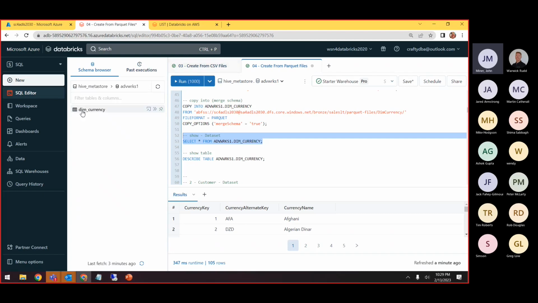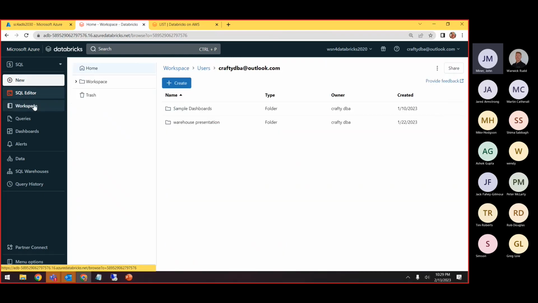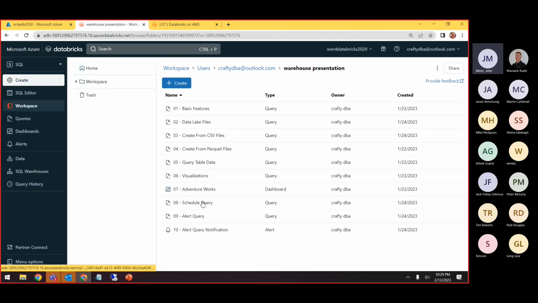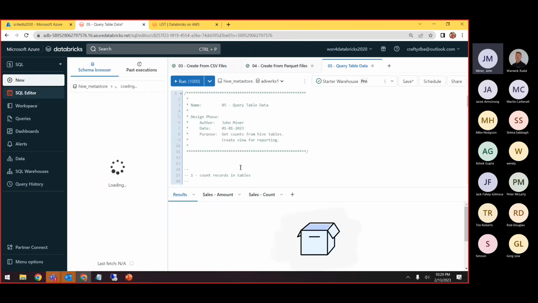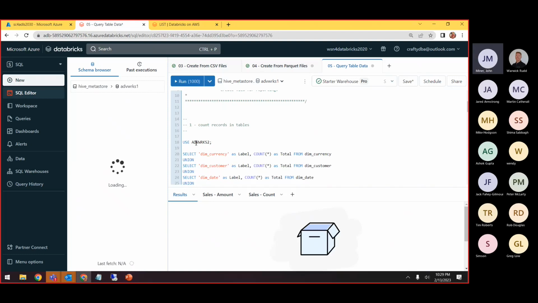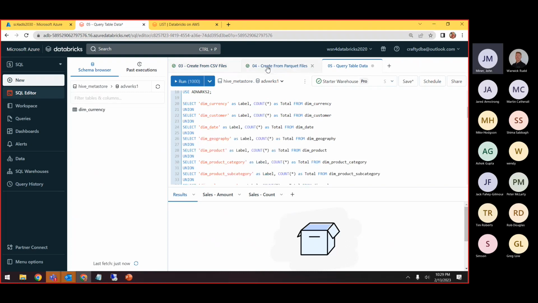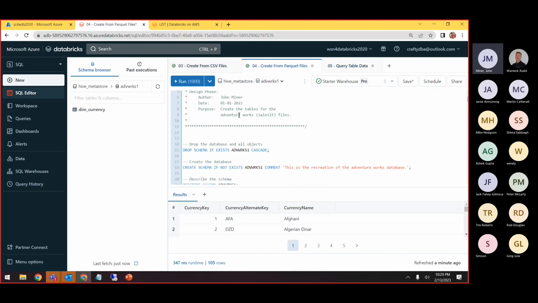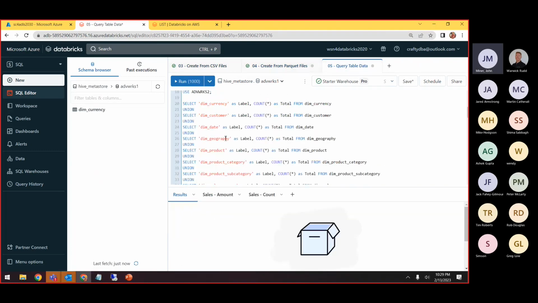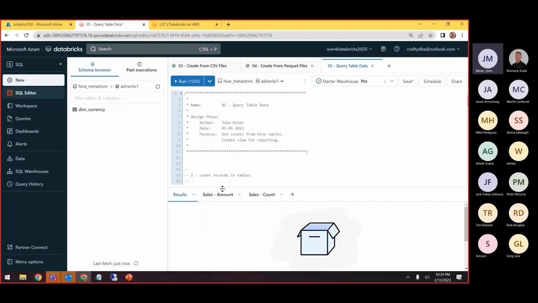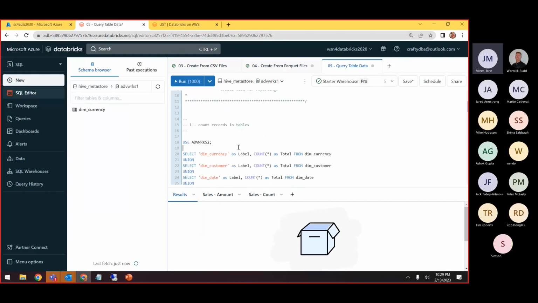So I am hoping that it's based on version 1. If it isn't, I'm going to have to load the rest of the table. So let's try this one, query data. Okay. So we're going to use AdventureWorks 2, which this one is AdventureWorks 1. Good. Okay, so now in here, we're going to create a query, and I'm going to show you what you can do. So we can go AdventureWorks 2,